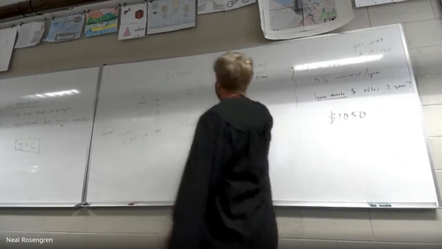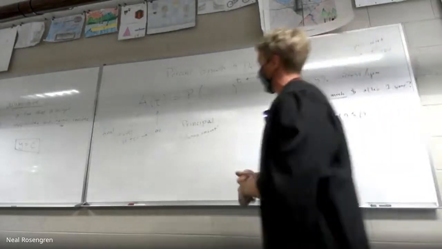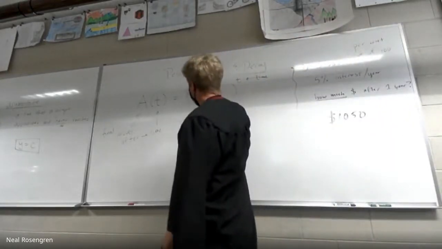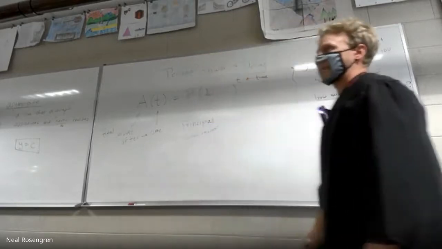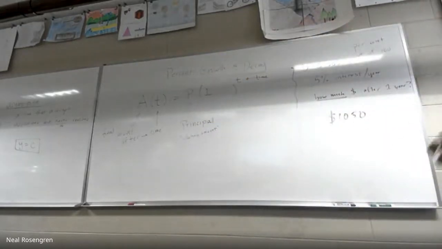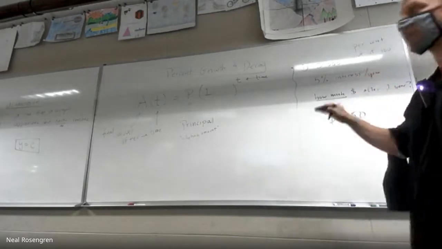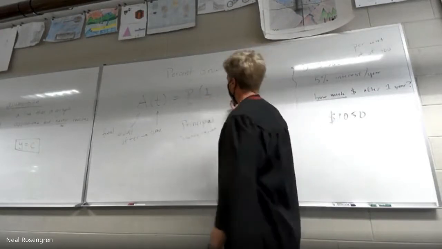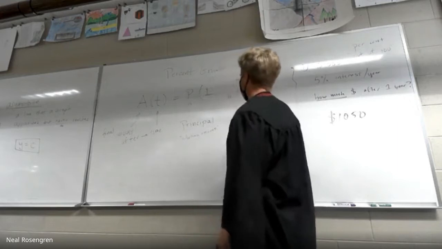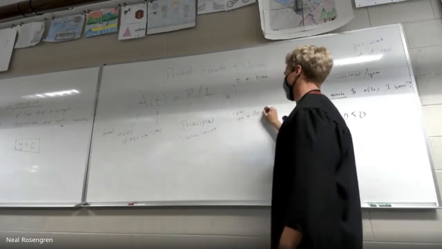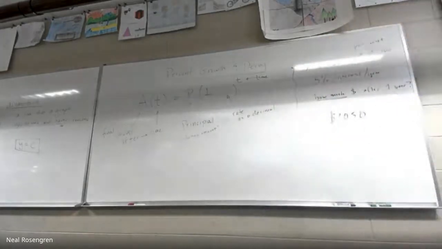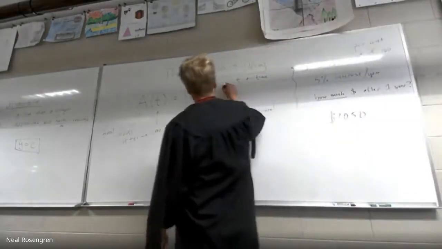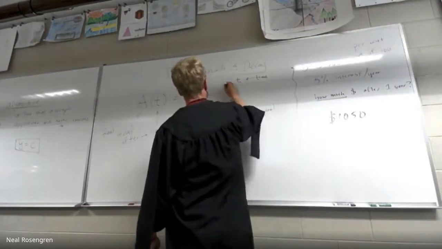And so what we're going to do to have this formula work for us, and now you can write this down, is we always want to start with the number 1 and adjust up or down based on whatever our rate is. So this is literally just the number 1. It's not a variable that we're going to plug anything in. It's just the number 1. What I'm going to do right after that is write the rate as a decimal. But I want to give myself a chance for it to go up if it's growth or go down if it's not. And so if I put the R right there, let's say for rate,